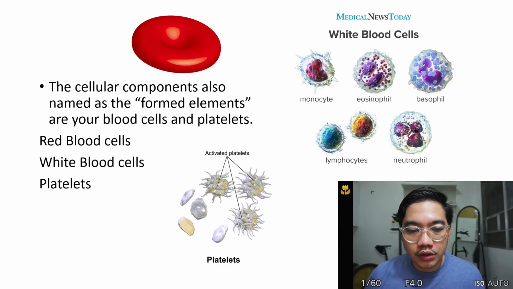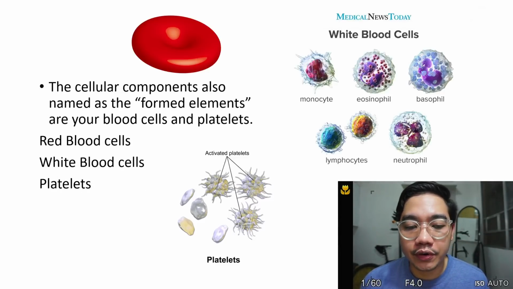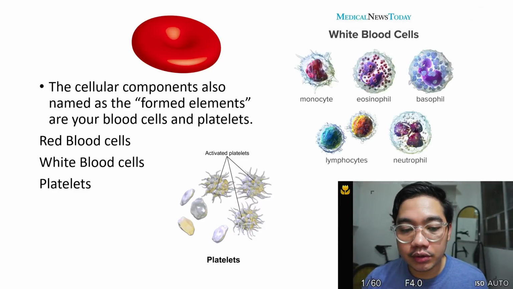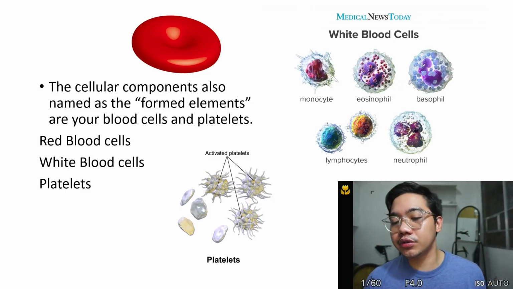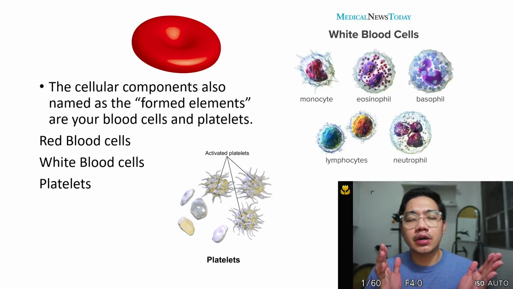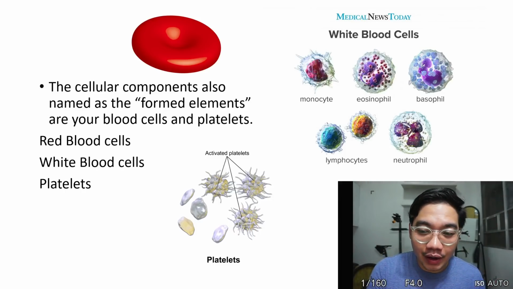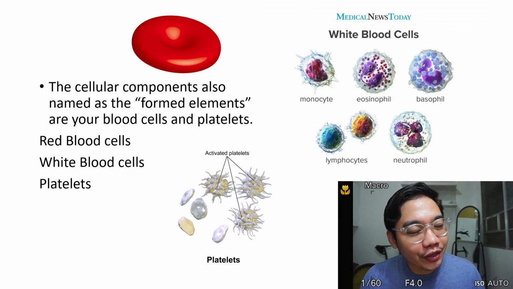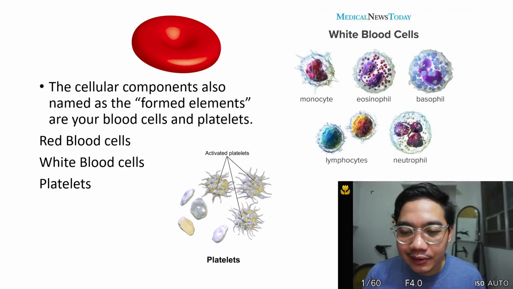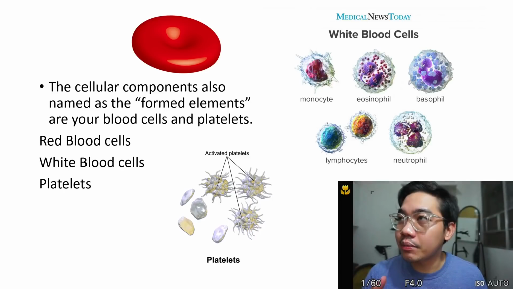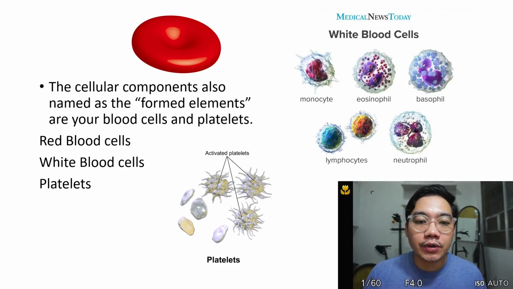So the cellular components, also named the formed elements, are your blood cells. So you have your red blood cells, the most abundant cell in your circulation. The red blood cells in itself actually are useless. They don't function much. The thing that makes the red blood cells significant is the hemoglobin within it, because hemoglobin is the active component that